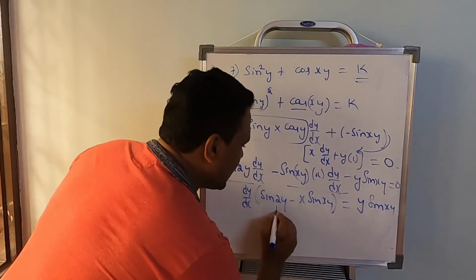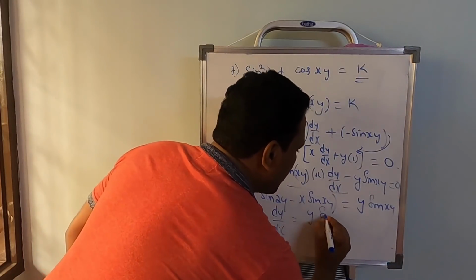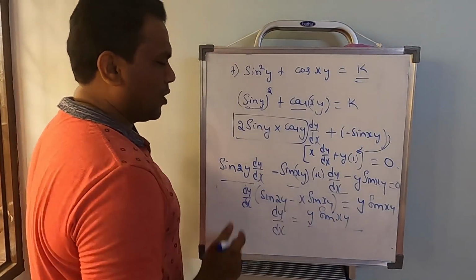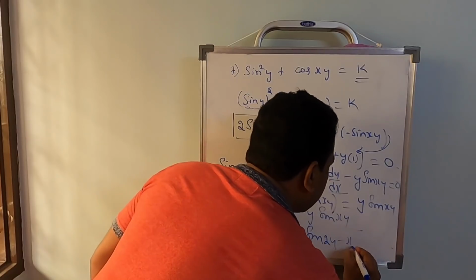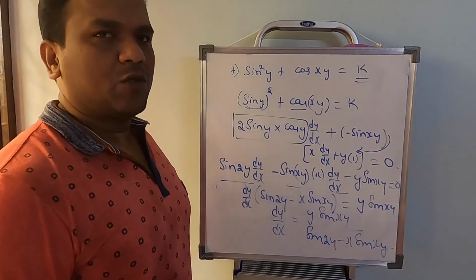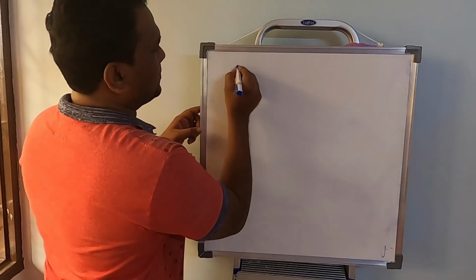So finally let's write dy by dx. dy by dx equals y into sin of xy, whole divided by, the denominator should be sin of 2y minus x into sin of xy. So that's how it should be done. Now let's move to the next one, problem number 8. Problem number 8 is given by